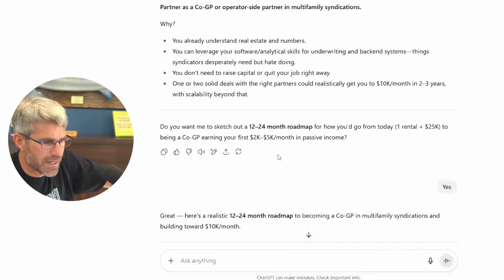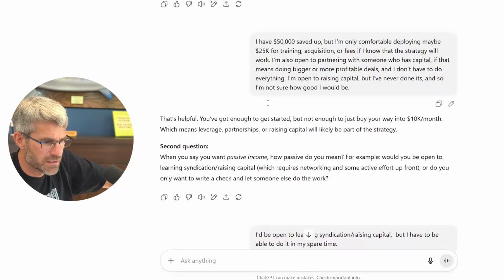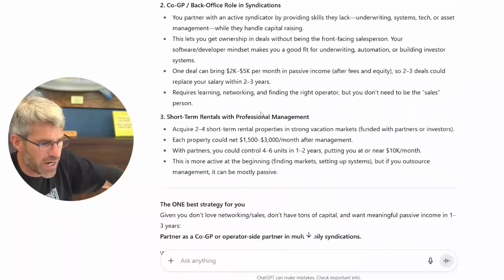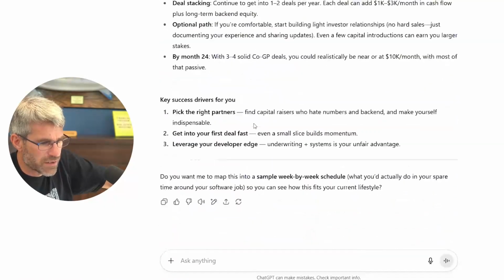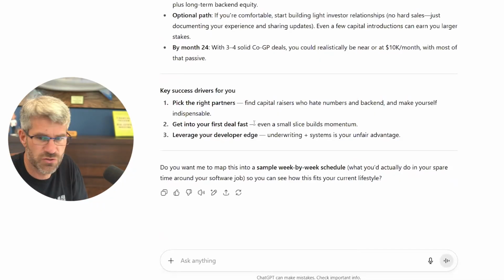And again, I did not prompt it with anything specific. I just asked it to ask me questions, and it may be a little bit different for you as well. But this is the way you use Chat now, as an advisor that is more customized to your situation. So you just saw how the right prompt can uncover a custom strategy that's right for you.